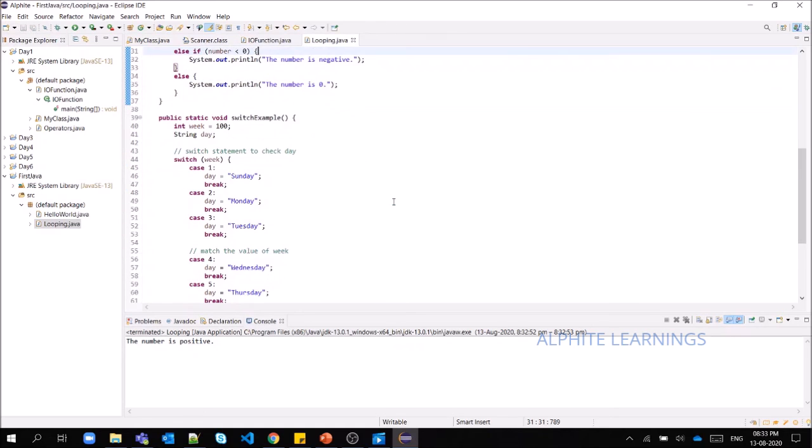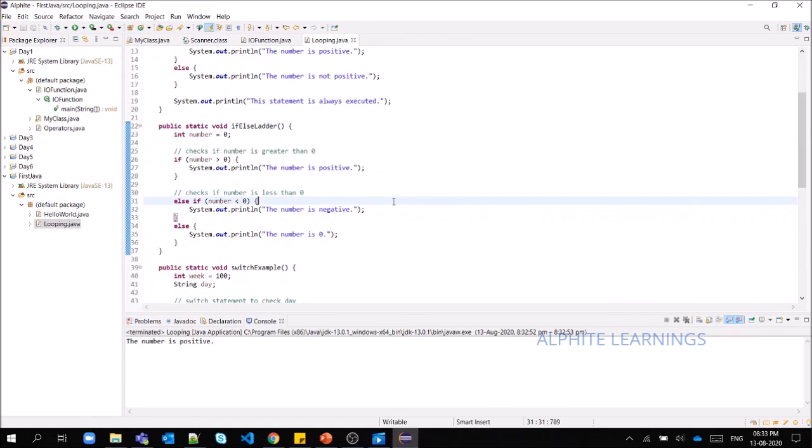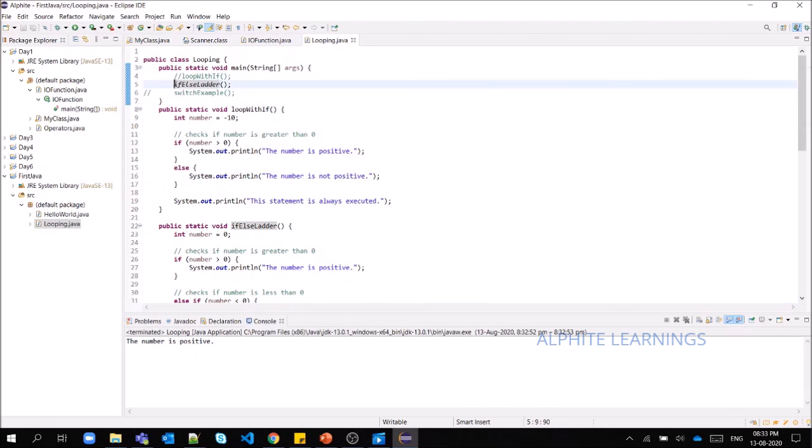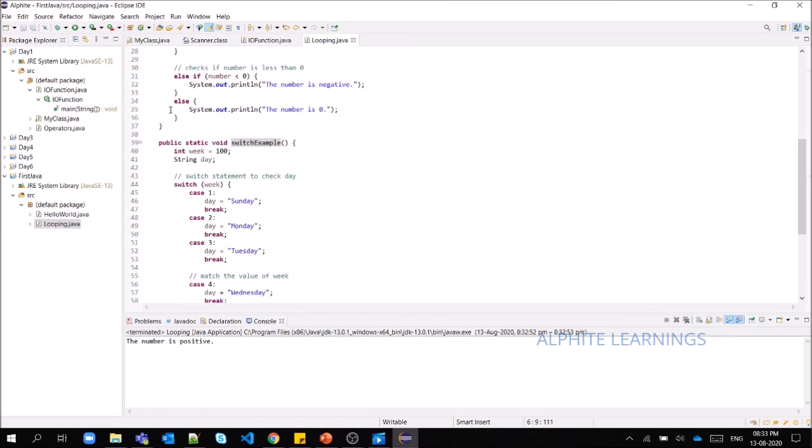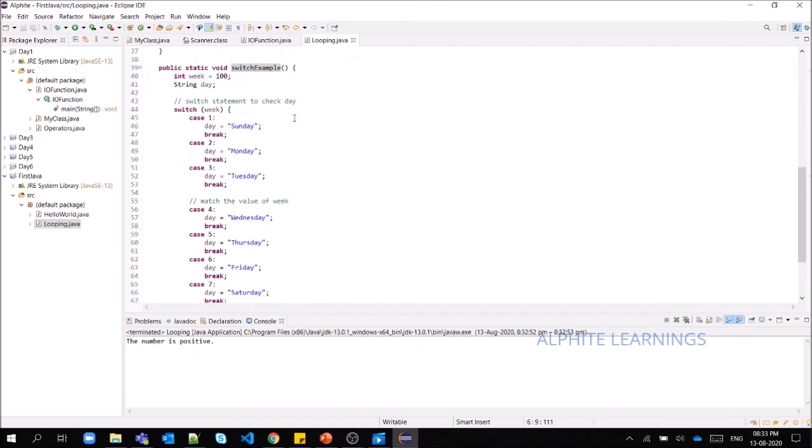Okay, so next comes the switch example. See here, initially I will give the value as 5. In switch I'm checking the week. The value of week will be passed here.